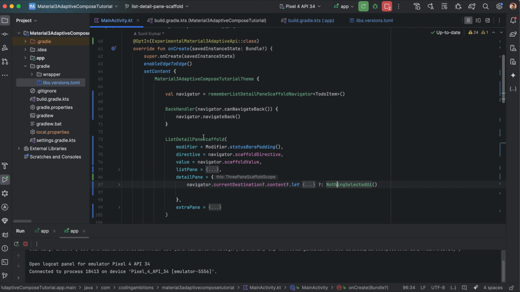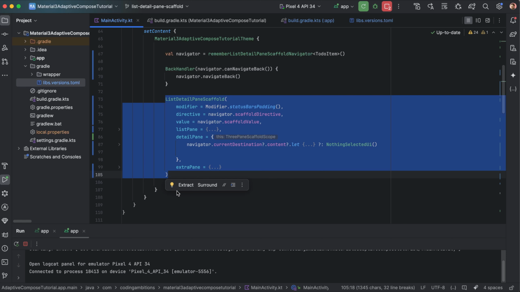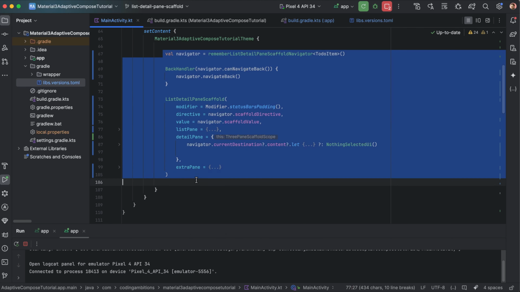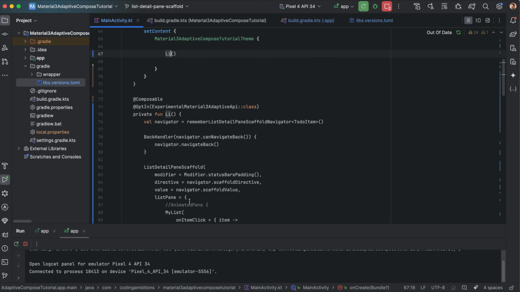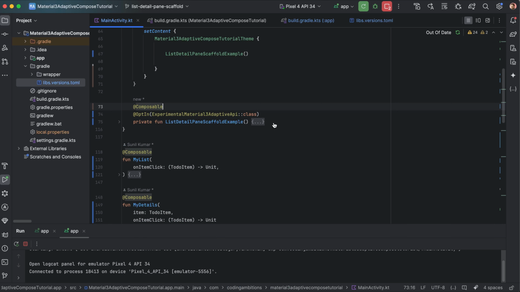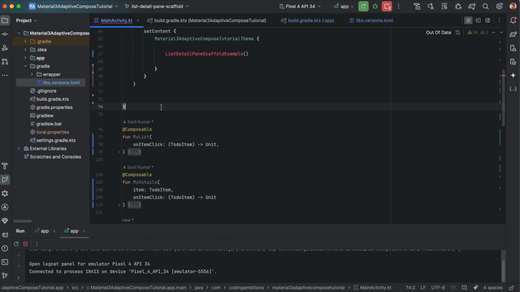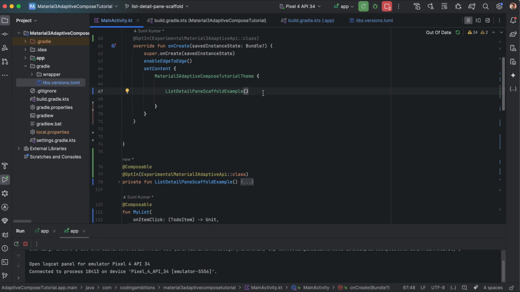So yeah, this is about this one, and if I just show you, suppose let me extract this to one function, that is list detail pane scaffold example. We can add it here, I guess. Okay, but now suppose, let's just copy paste it,